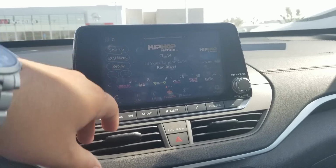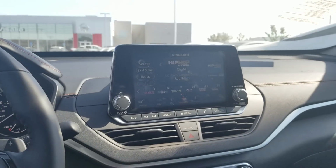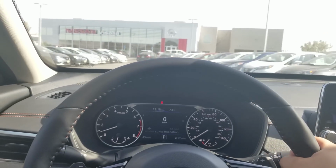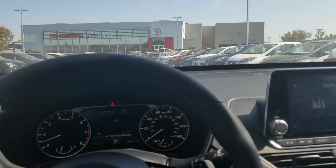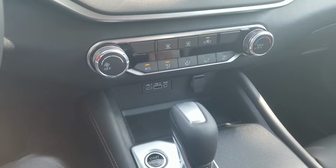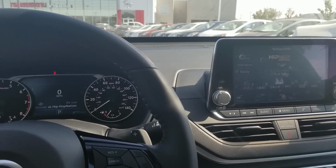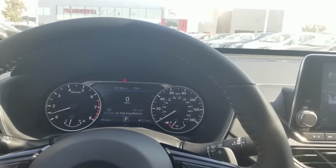Yeah, so very good sound system. I really like the display overall. It gives it a very nice positioning, because Nissan, what they wanted to do was basically have your eyes focus on the road, and if for any reason you needed to look at something, it's within eye distance. You're not going to have to look down at a screen. You're going to be able to look at almost an eye level position screen for you to continue to watch the road at the same time, and then being able to